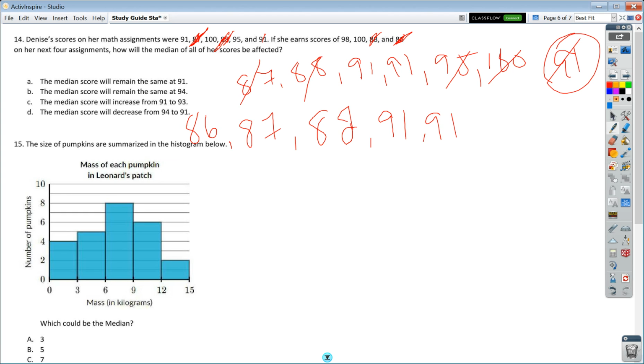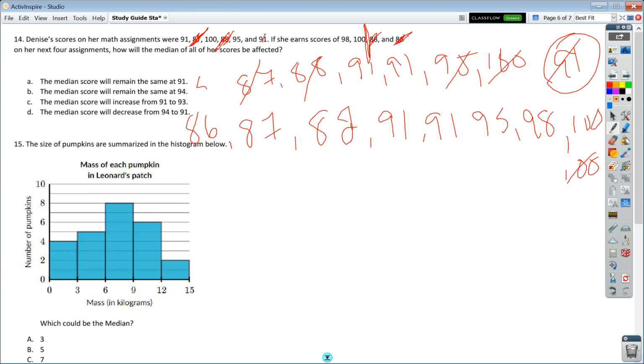There's another 91. Then there's 95, 98, 100, 100. So really, I didn't even have to do that because if you'll notice, I've got the 88 and the